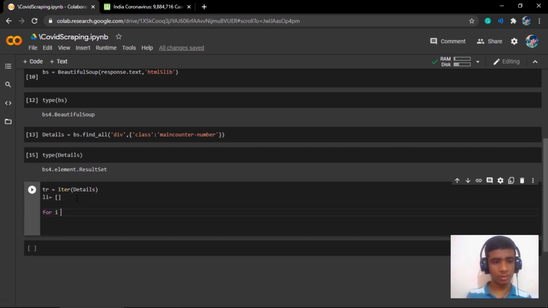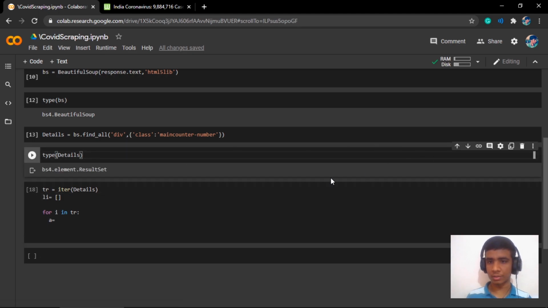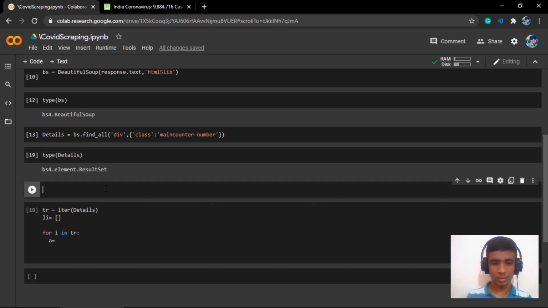Now I will traverse for i in tr. Let's create a new code element here and print details.